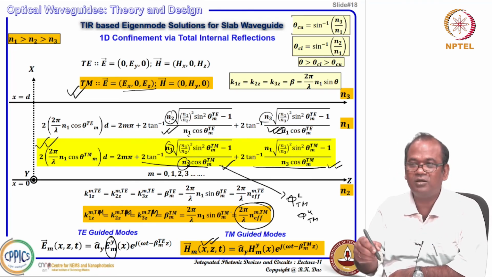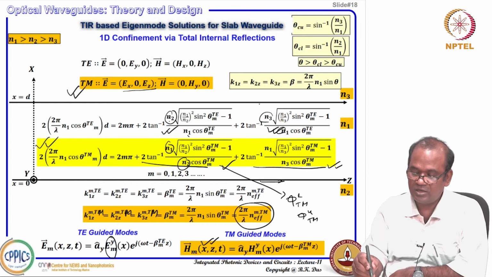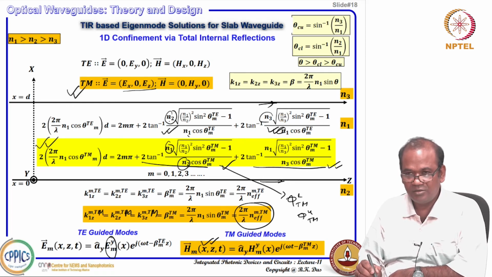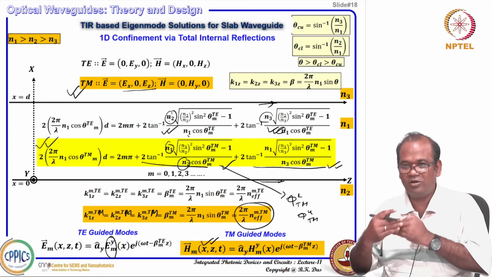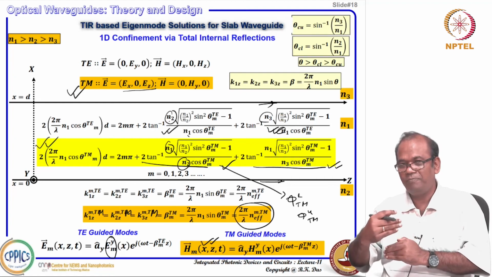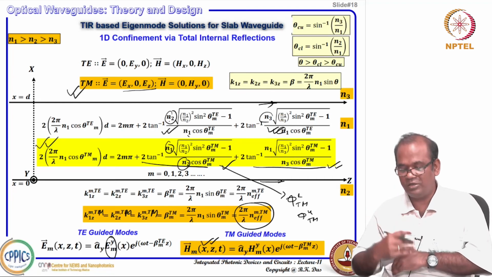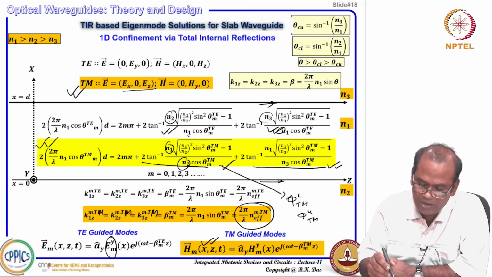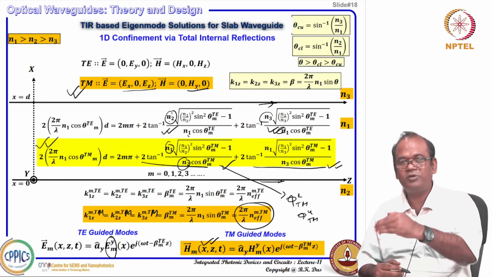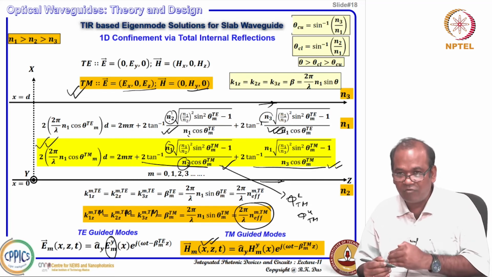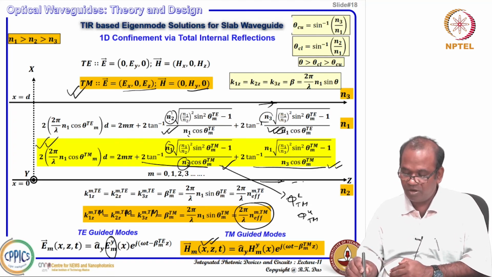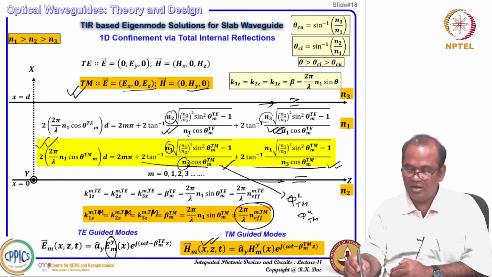So, for all the boundary conditions at the lower interface and upper interface, you can use the magnetic field or electric field, because the tangential component will be continuous at the boundary interface. So, only the component Hy for TM polarization must be continuous across the interface. You can use that boundary condition to make continuity here and there, and you get a